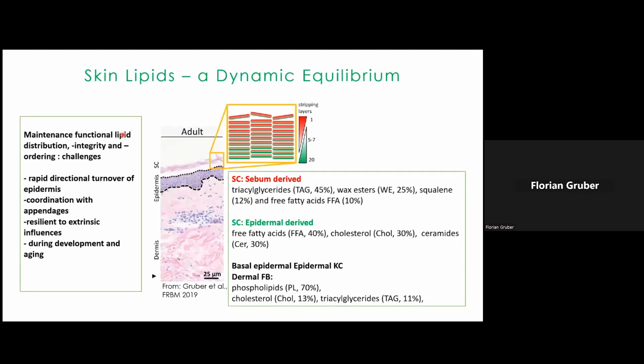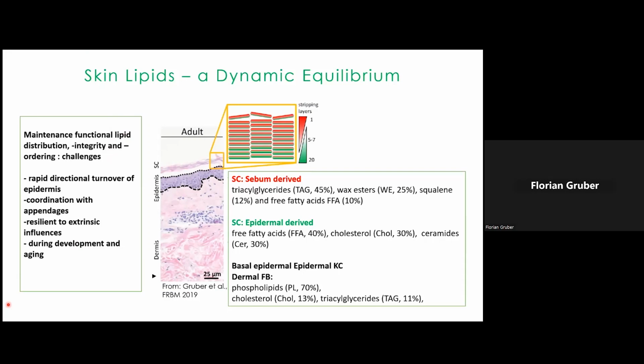The maintenance of lipid homeostasis in our skin, especially within the epidermis, is a complex task because there is this directional differentiation of keratinocytes, and therefore the synthesis and the metabolism of lipids must be fully coordinated between the controlled cell death, and also it has to be coordinated with the tasks of the skin appendages, which provide the surface lipids. During this terminal differentiation of the keratinocytes, there is drastic changes in the lipid composition, and in this